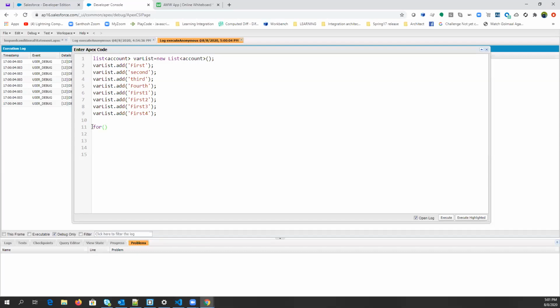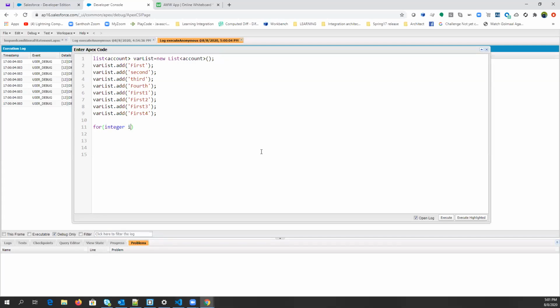Sir, I know about the break statement: it breaks the execution of the next lines. If certain cases match, then it executes that statement only and does not allow further statements to execute. That's why we use the break statement.